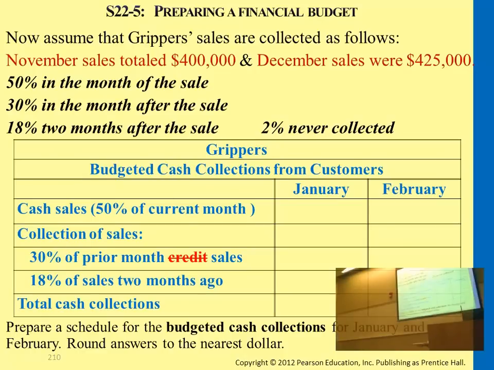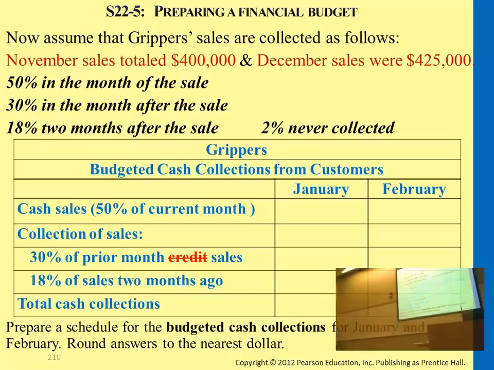Right, so this budgeted cash collections requires you to estimate the level of cash collections on sales for each and every month. A portion of it comes from this month's sales, a portion of it comes from the previous month, and then another portion comes from 2 months ago. Okay, so first of all, you need to know how much the sales revenue is for each and every month. So you have January, February from the previous sales budget table. You have November sales given to you here, which is useful for January's 18% of sales from 2 months ago that you're collecting in this month. You also have December's